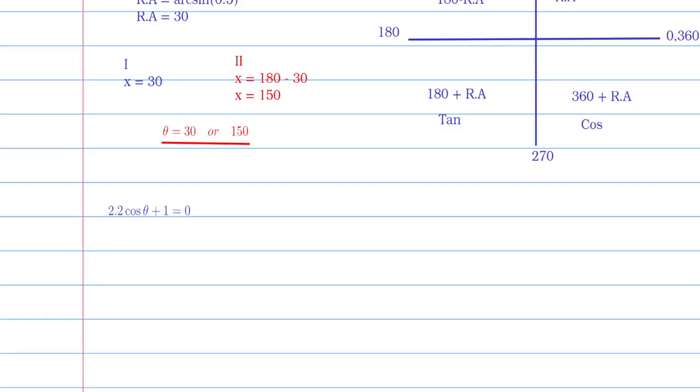What you first need to ensure is that the trigonometric ratio is the subject of the formula. Now for this one, we need to make cosine theta the subject of the formula. Now let's subtract 1 here and subtract 1 on the other side. So what's going to happen here? We are going to get that now